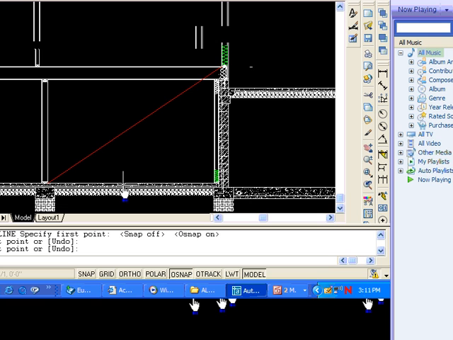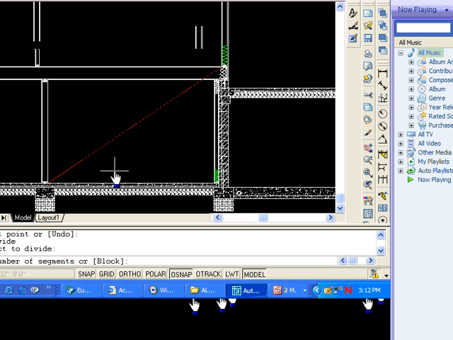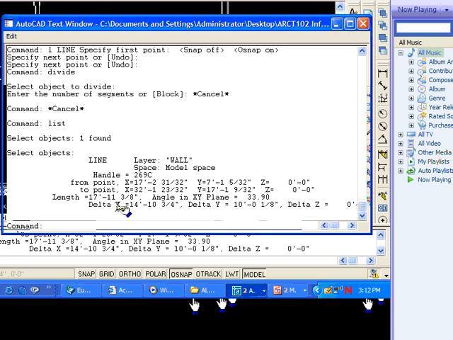So now I'm going to go to the divide command. I can key it in or pick it off one of the menus. Divide, and it says select the object to divide. I'll select that right there, and I'm sorry, I need to find out the length of it first. So I'm going to list the line, and the length isn't useful to me. The length that I need is the change in Y, the vertical. So that's 10 foot